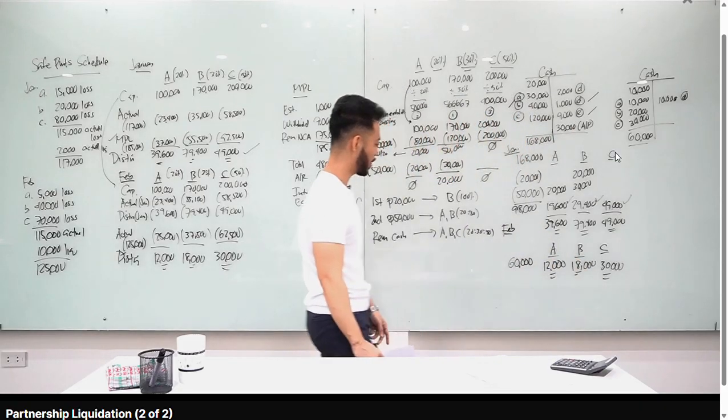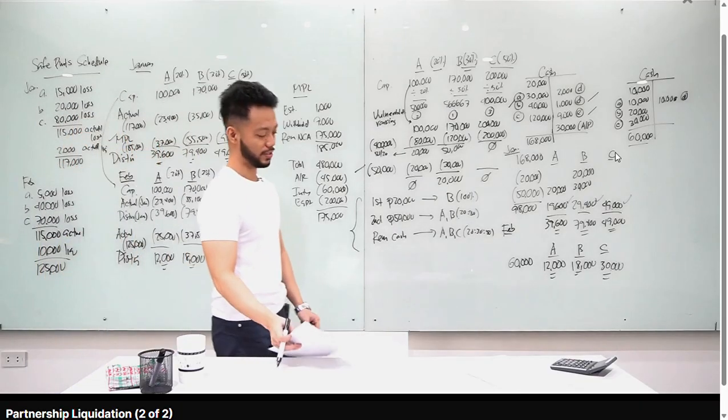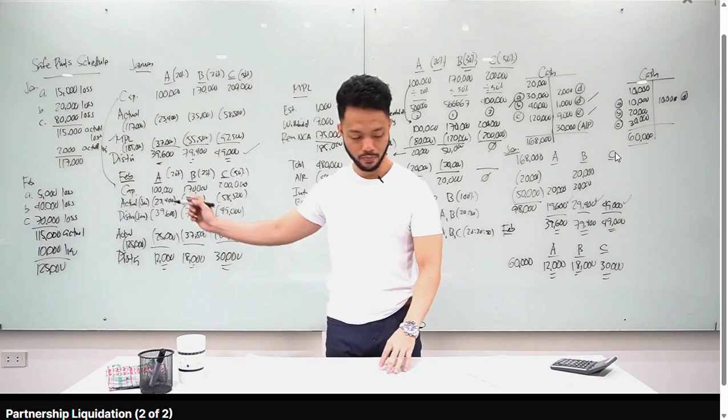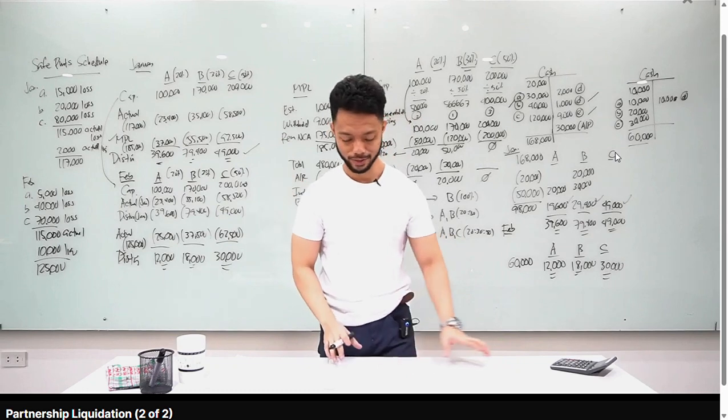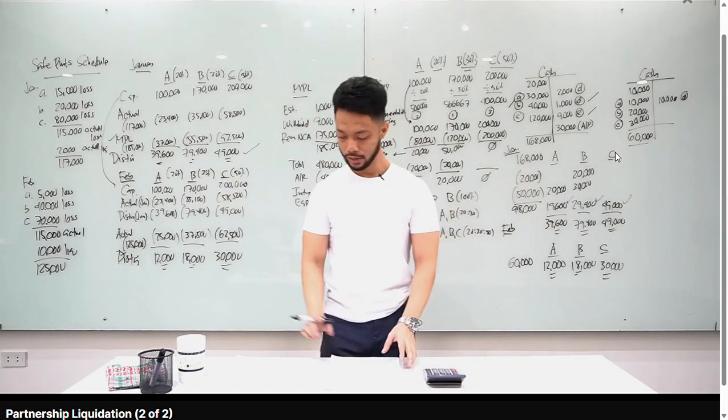Uy, sir, familiar yan ha? 12, 18, 30. Uy, ito siya. Okay, so that's your cash distribution program. That's your safe payment schedule. So, pareho yan, alamin mo ha. Okay. So later kasi, pakita ko sa inyo, may problem na hindi mo pwedeng applyan. Ito lang yung pwede mo i-apply. So yeah, so sagot tayo class ng mga